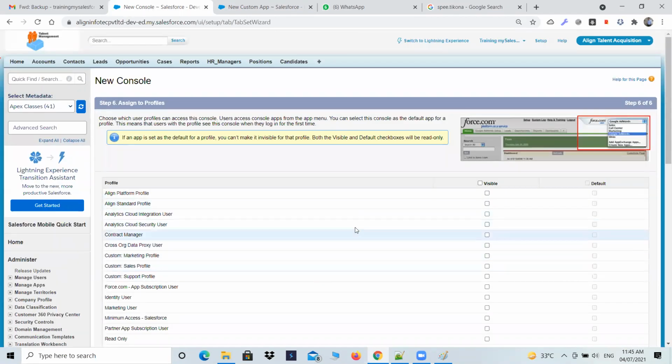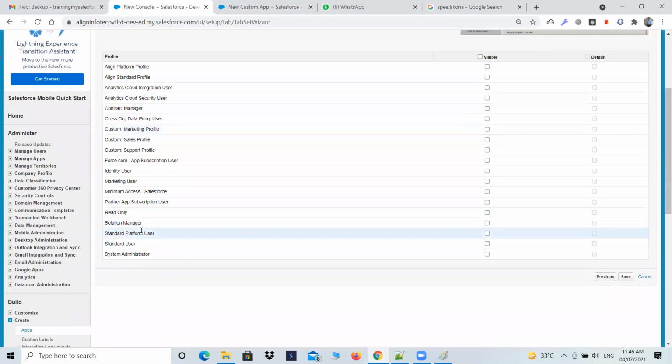Okay? Now it will ask me who should be able to see it. If you know security, if you have hands on the profiles, you can select any user whatever you want. Otherwise, if you are not able to understand what the profiles mean, you don't have the knowledge yet, just make it visible to everybody else. Just make it visible for all profile users. Whatever profile the user has been created with, just make it available to all of them. Okay? No selections at all. Okay, let's just save